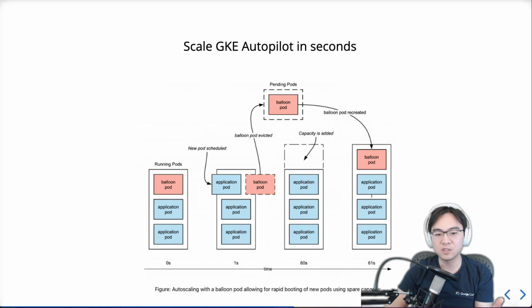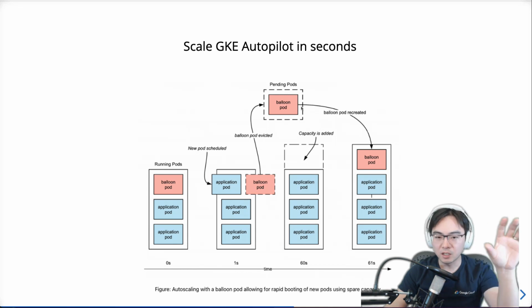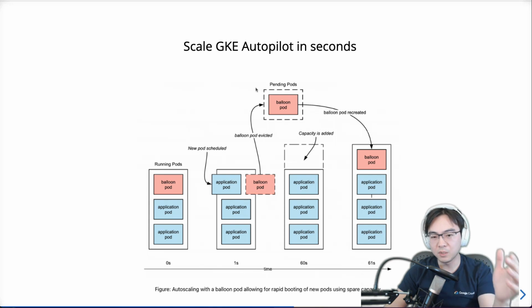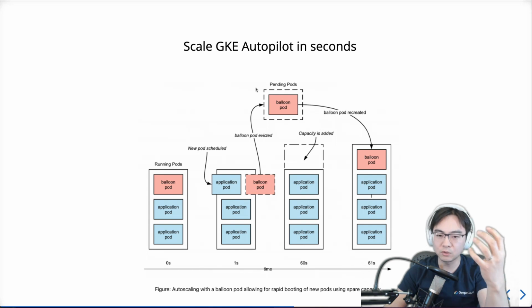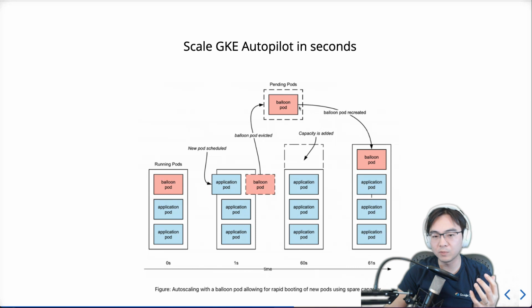And this one instead gives you capacity in seconds, because the balloon pods, if you look at here, are actually pending and doing nothing, but getting ready and prepared for you to take the workload away from these balloon pods, basically literally doing nothing, just pending or waiting, right? And then behind the scenes over the next 5 minutes, in this one it says 61 seconds, but I think in reality it's actually a lot longer than that,